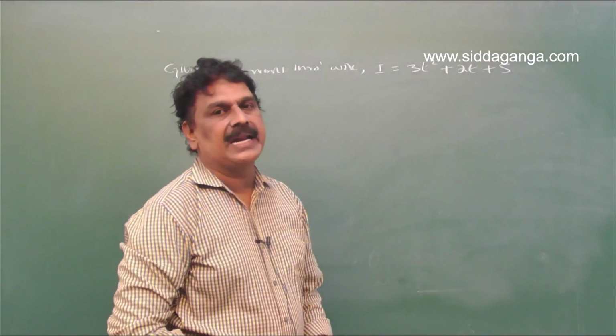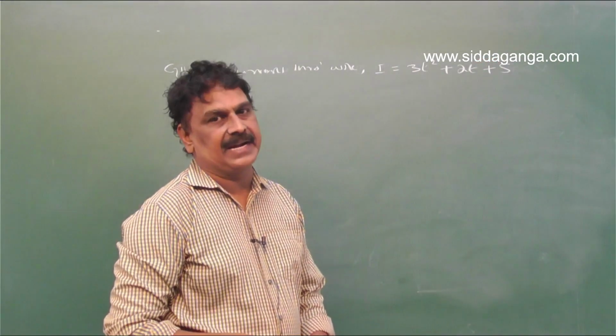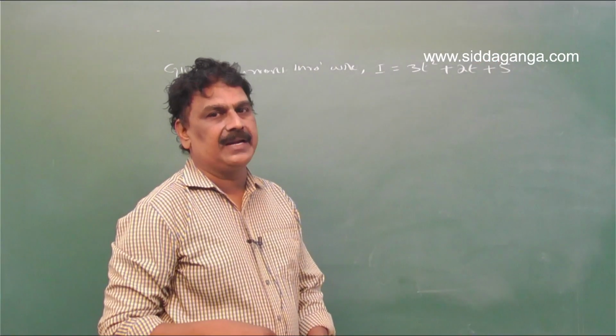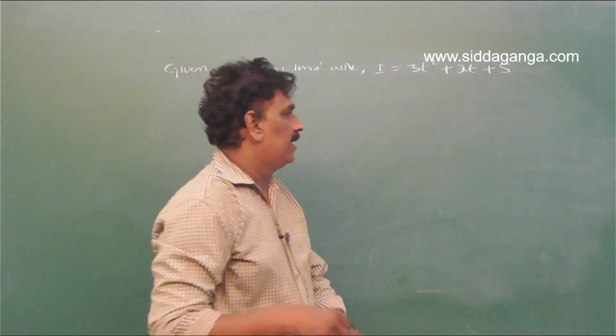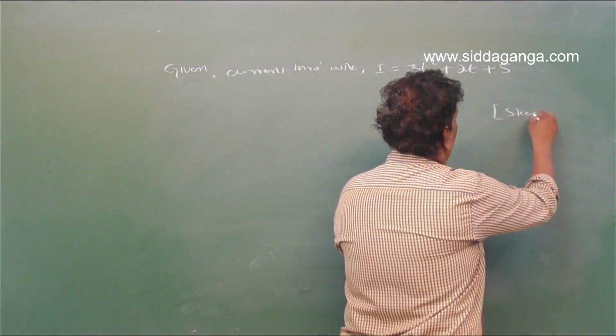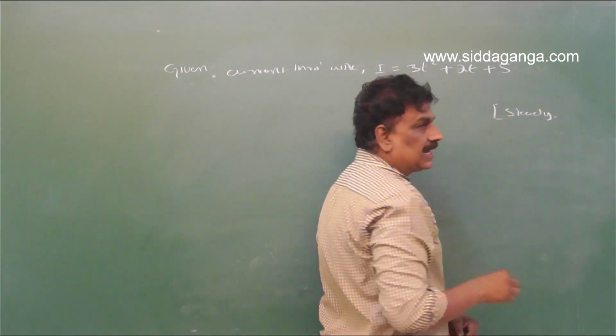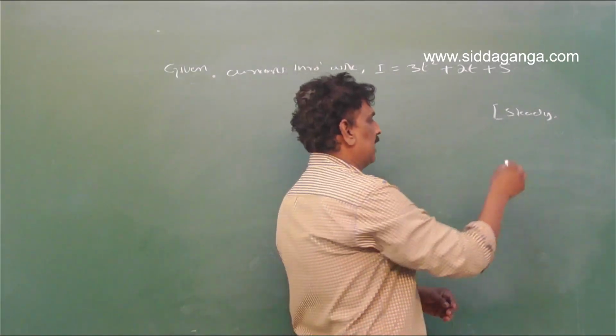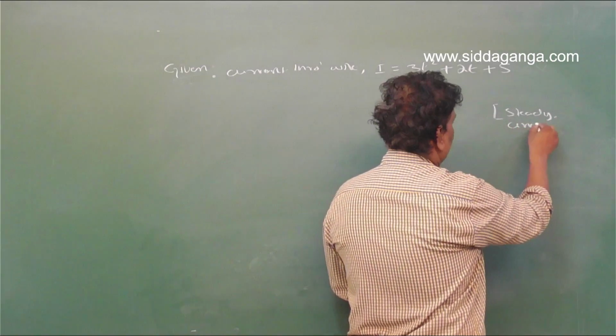That means the current is not a steady current. It is a varying current, it varies with respect to time. For steady current, that does not change in magnitude with respect to time, that is the direct current,